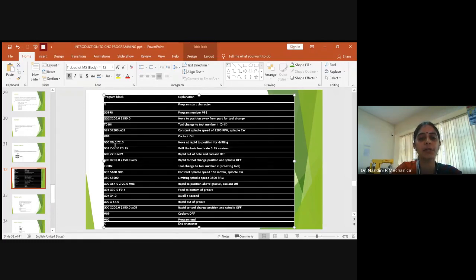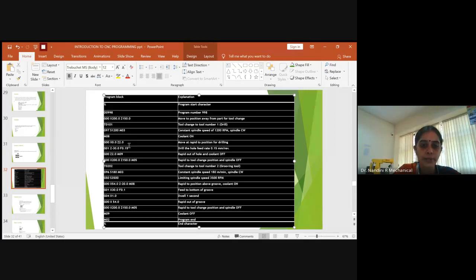Here the value of X will be nothing because the drilling operation should move in the direction in which the spindle is moving. So it is moving with the value of Z. They have given you a positive value, right? Later it has to be negative because the drilling operation should go within the given material. So first you will assign the tool at a specific position with the rapid traverse.